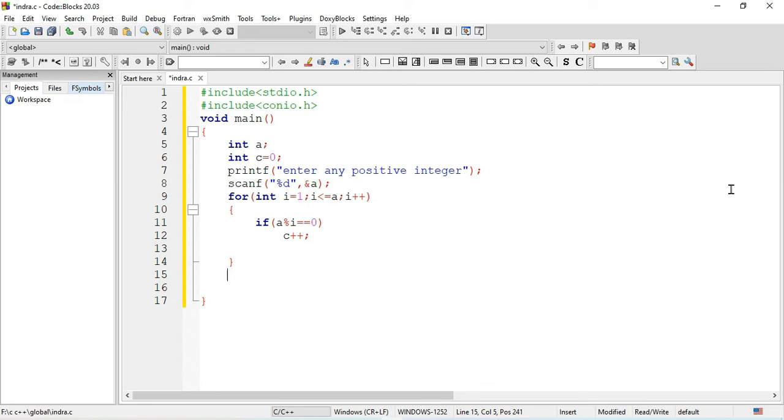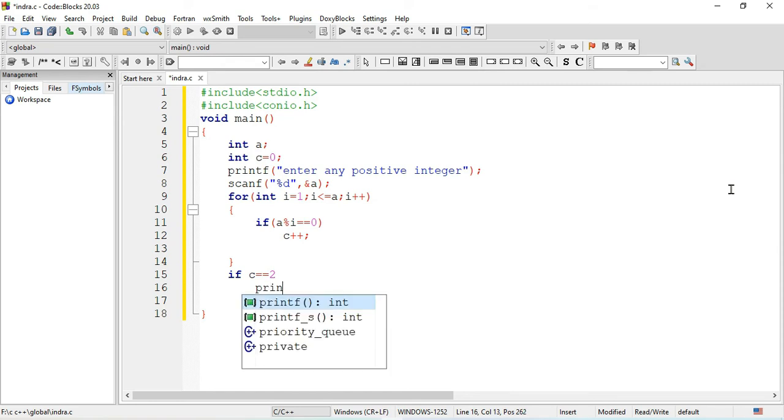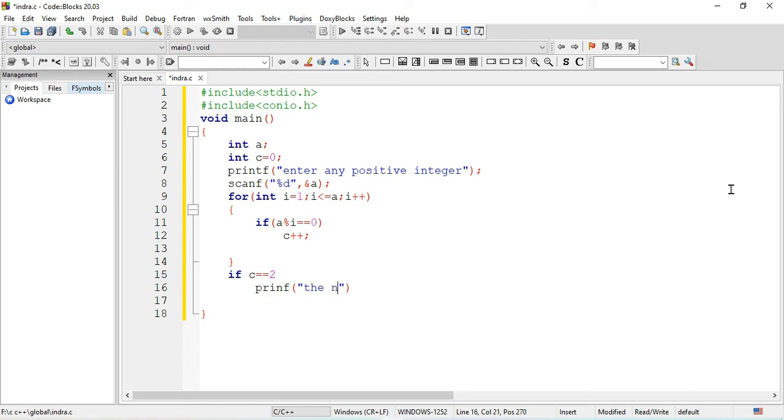Finally we will check how many factors there are for that number. c represents the number of factors for the supplied number. If the number of factors stored in c is exactly 2, that is, if the number has only 2 factors, then we print one message, printf, the number is prime. The prime number always has only 2 factors, 1 and the number itself. Else, we will print one message if the condition is false, else printf